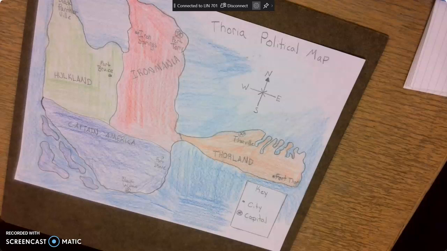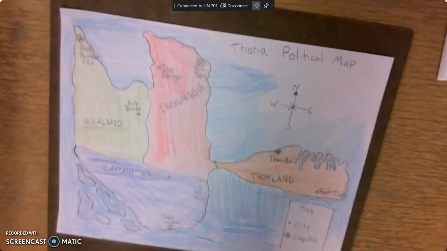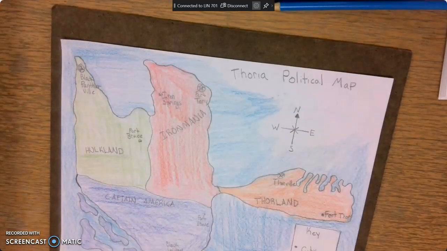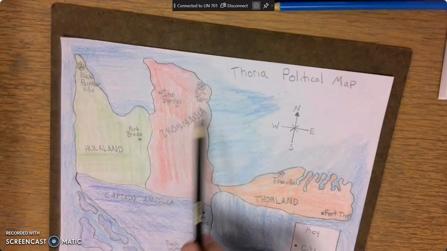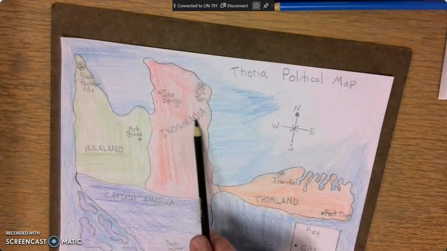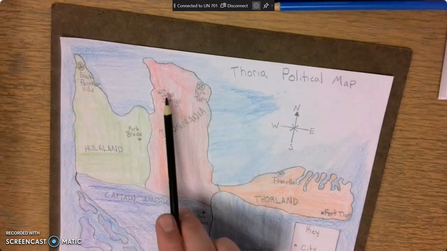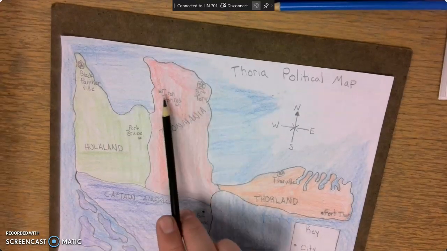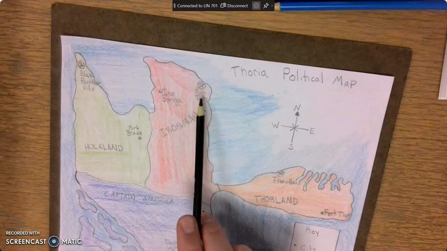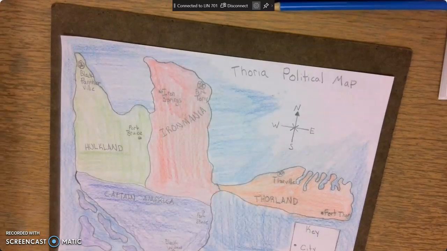Next to me I'm pulling up the rubric, and I'm just looking at it and making sure that I'm not giving you any information that you don't need, or making sure I'm giving you all the information you do need. Okay, so for a 5-6, you have a couple things that you're going to get graded on. The biggest things are the lettering styles, which is making sure your country names are in all capital letters, and your city names, including capital city names, all start with a capital. You're also going to get graded on making sure that you have a title, compass, and